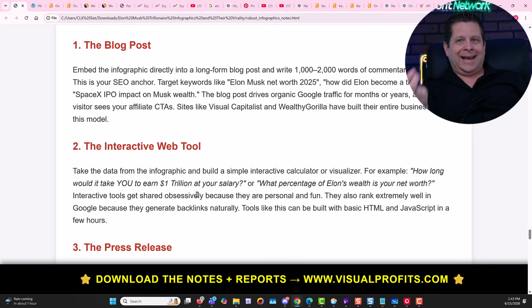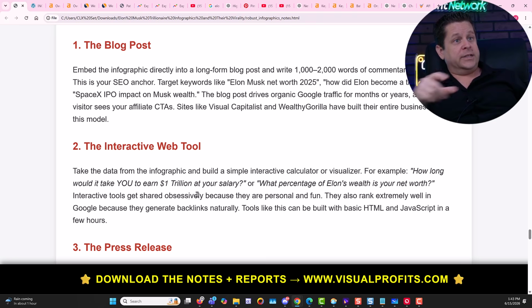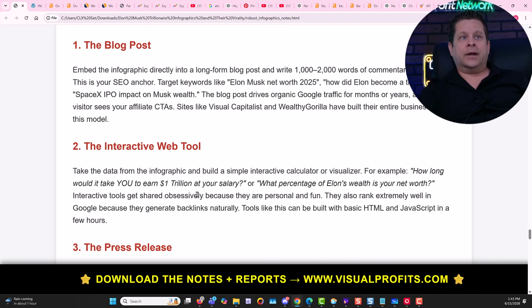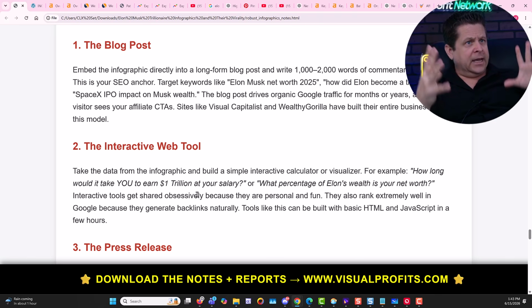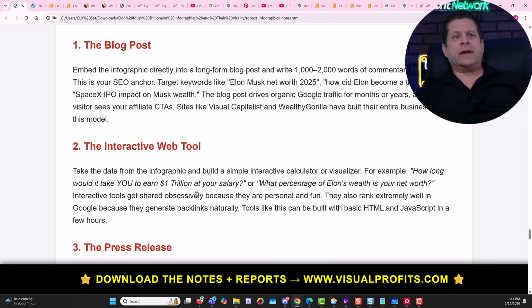The key, again, is have the angle. What does it look like? Maybe you make one about the taxes, right? Thinking about that, you could say, oh, Elon pays less in taxes than the average plumber, right? Are you paying too much in taxes? Then you can get them into a tax course or an accountant. Something like that. Thinking about this ahead of the game is key because there's a lot of traffic here, and